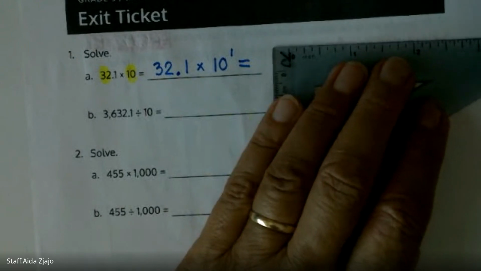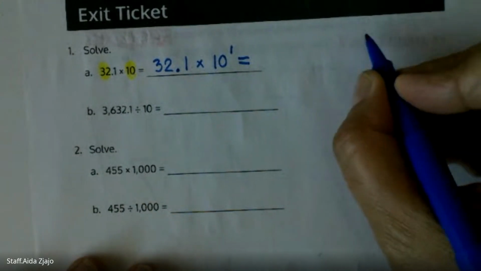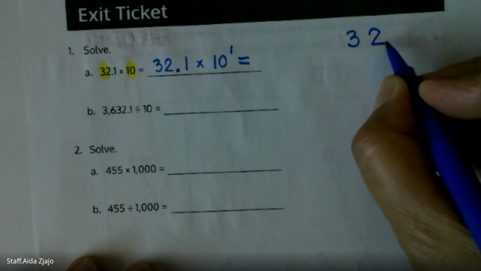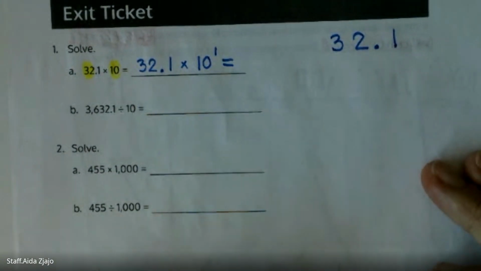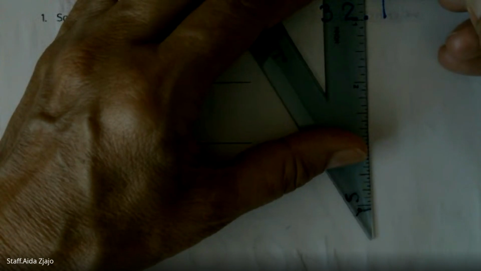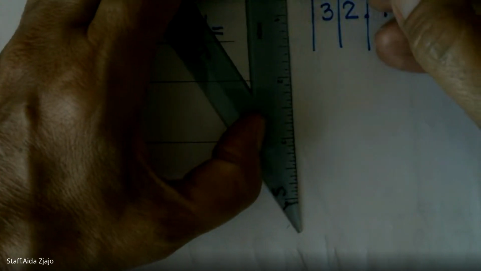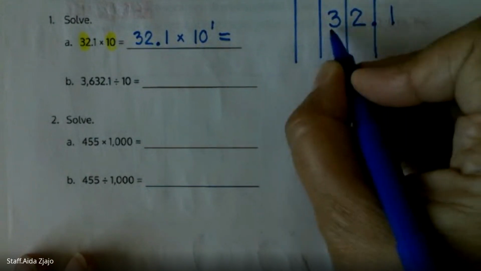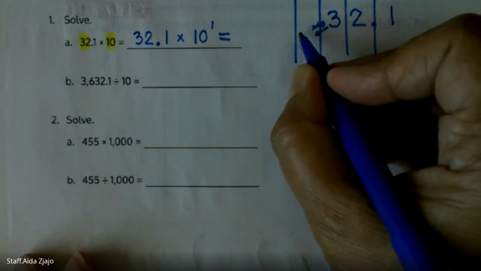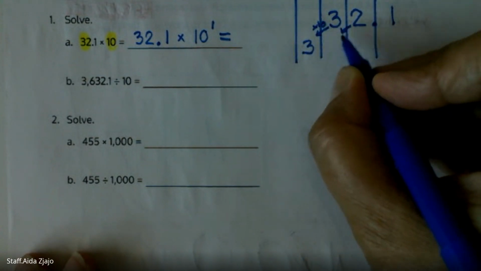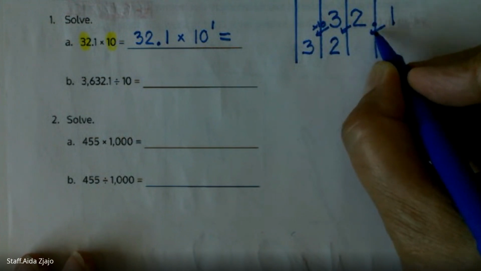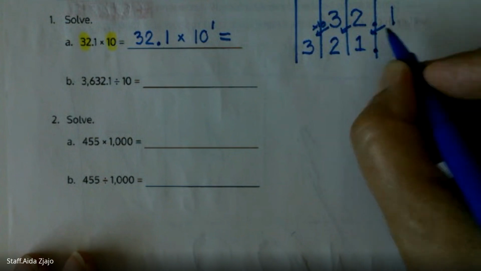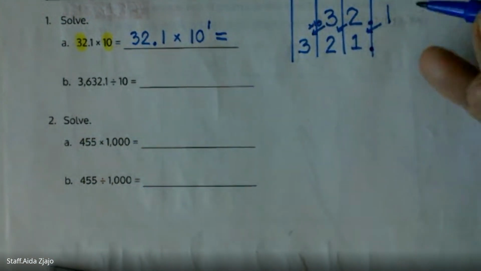Let's see now. 32 and 1/10, I can use place value and show a little tiny table. I'm going to draw lines through it, and I know that the number is going to be 10 times bigger. So the 3 is going to move one place value, the 2 will move, and the 1 will move one place value. So here is the proof that our answer is going to be